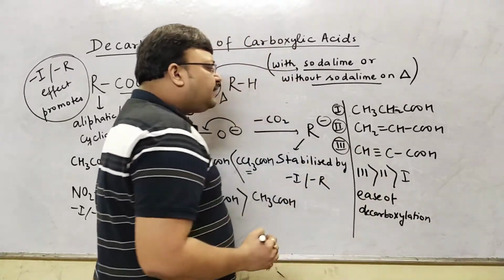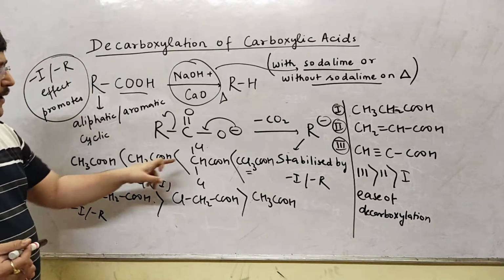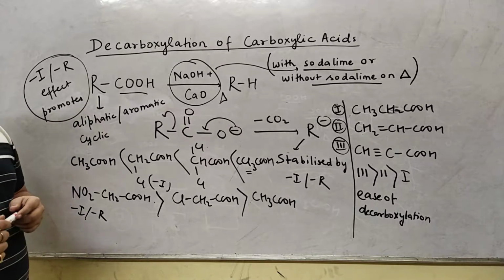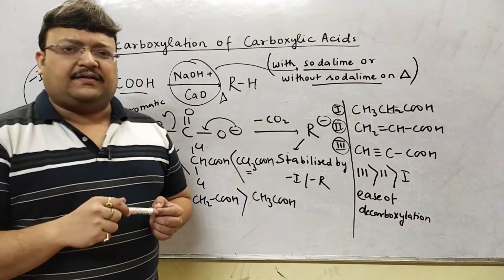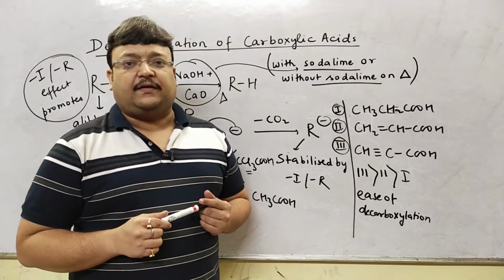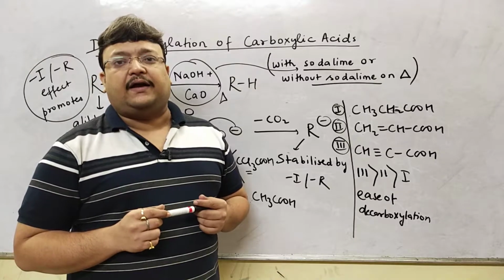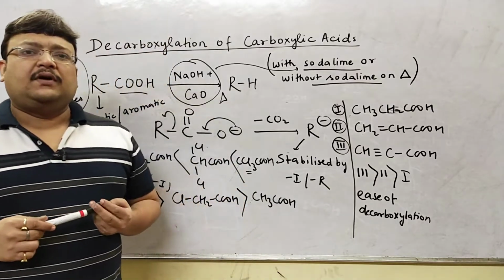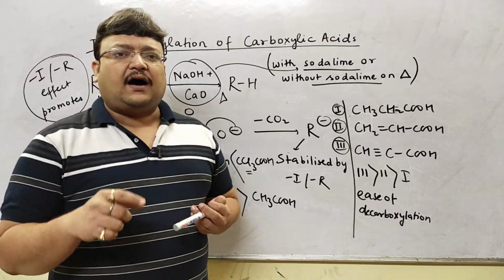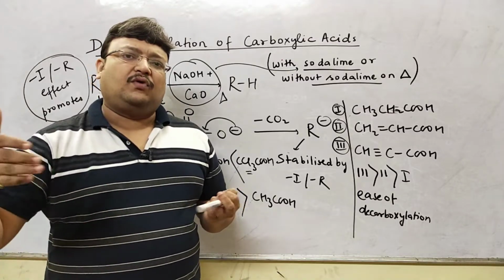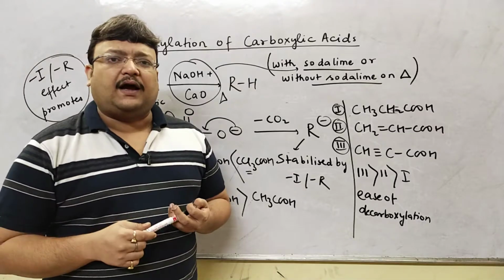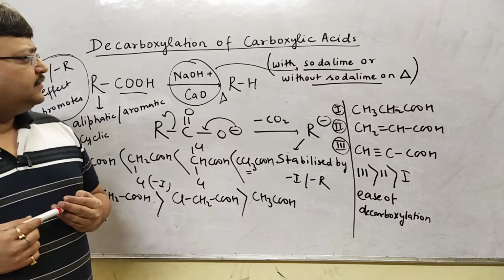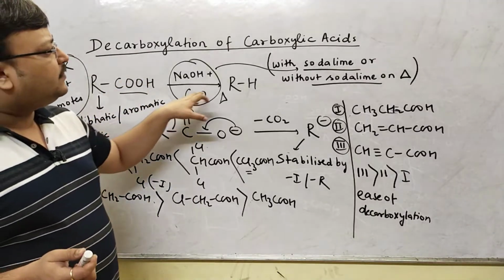So these are some very basic questions where, given a set of compounds with more -I and -R effect, you will believe decarboxylation will happen more readily. It's not like every time the count of carbon decreases. There could be a reaction like the Kolbe electrolytic method, again used for the formation of alkane, alkene, alkyne, where you will find radicals joining, coupling, and the count of carbon can be more. There could be another reaction like the Hunsdiecker reaction, RCOOAg, used for the formation of alkyl halides. There the count of carbon might decrease. So there could be more decarboxylation reactions, but this is the most popular one involving soda lime mixture.